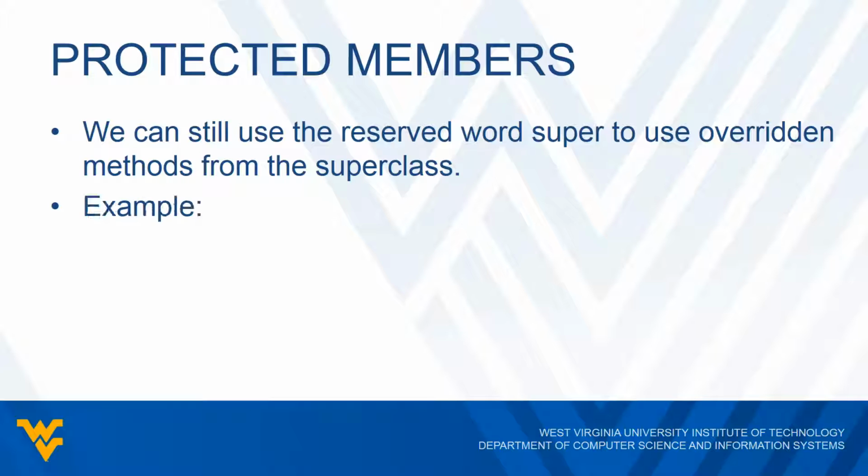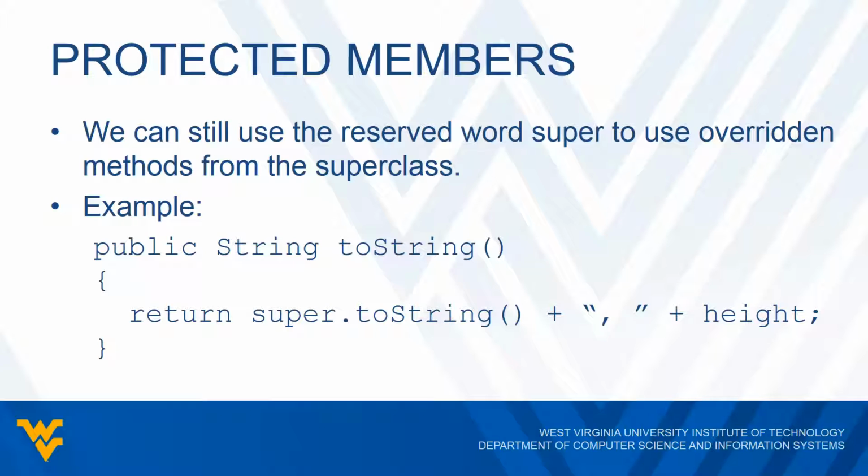So let me give you an example. Let's suppose we want to override the toString method. Inside here, I could just return a concatenated string with the length and then the width and then the height. I can do that. But I could use the toString method from the superclass. I could do super.toString. Either approach works perfectly fine. I just want to show here that we can still use the reserved word super with overridden methods from the